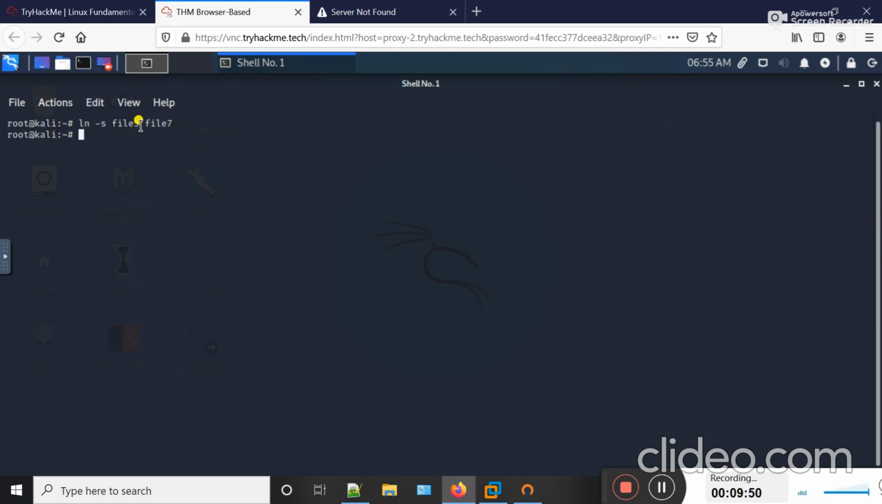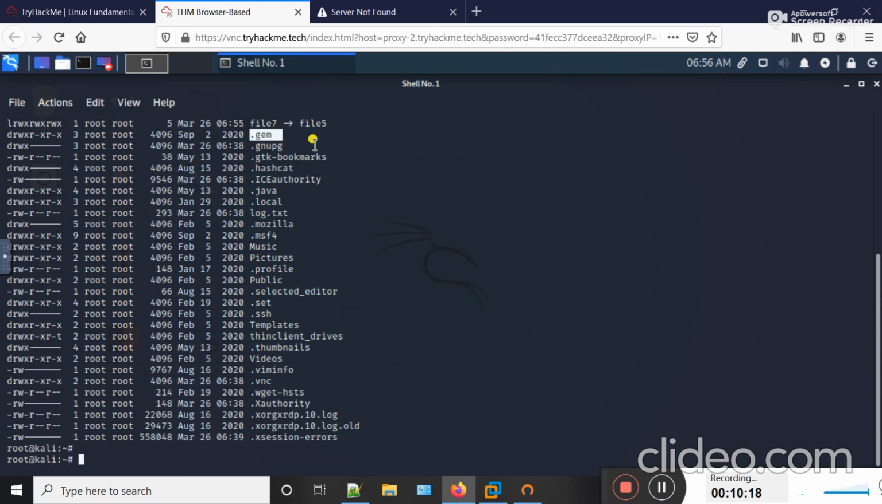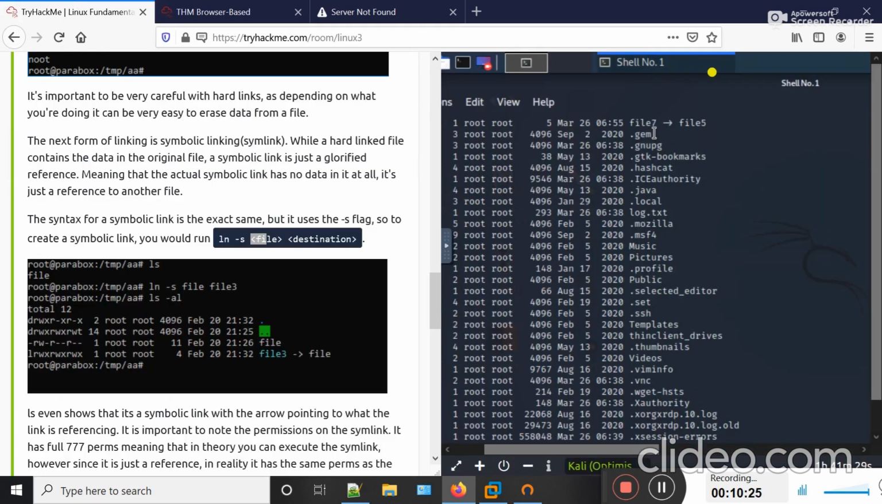Okay guys, if I type ls -la and hit enter, now you can see that here file7 is a symbolic link to file5. Okay, you can check this. Before that, file7 was not here, but as I linked file5 to file7, you can see file7 is here. File7, and then the symbolic link is represented by an arrow sign, and then the linked file is shown,